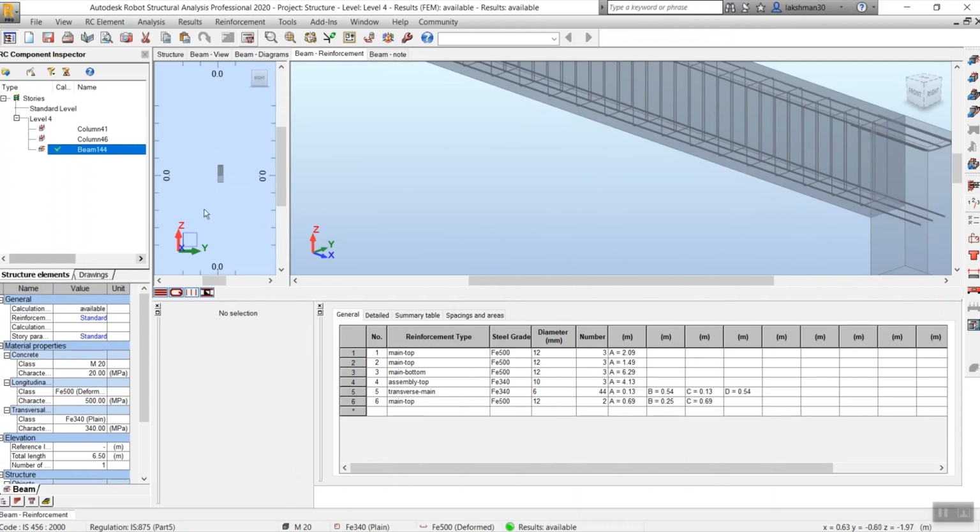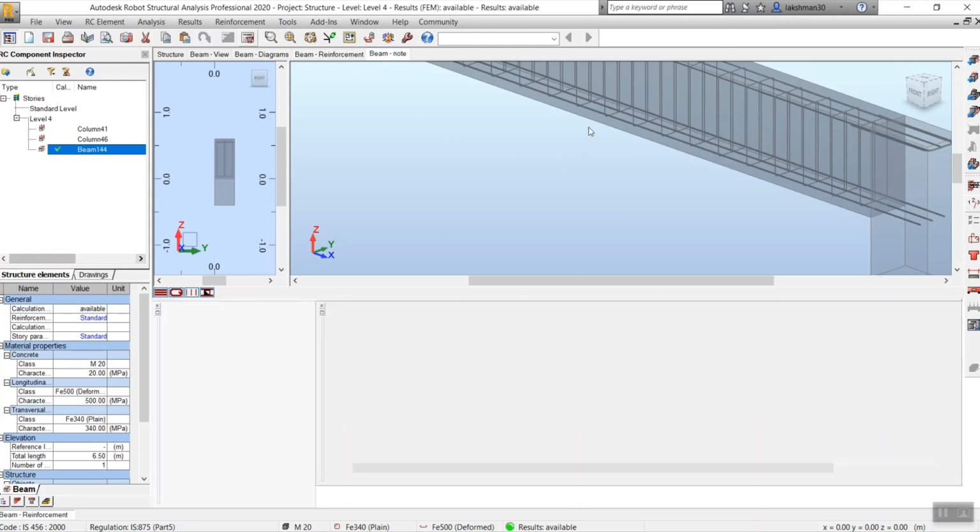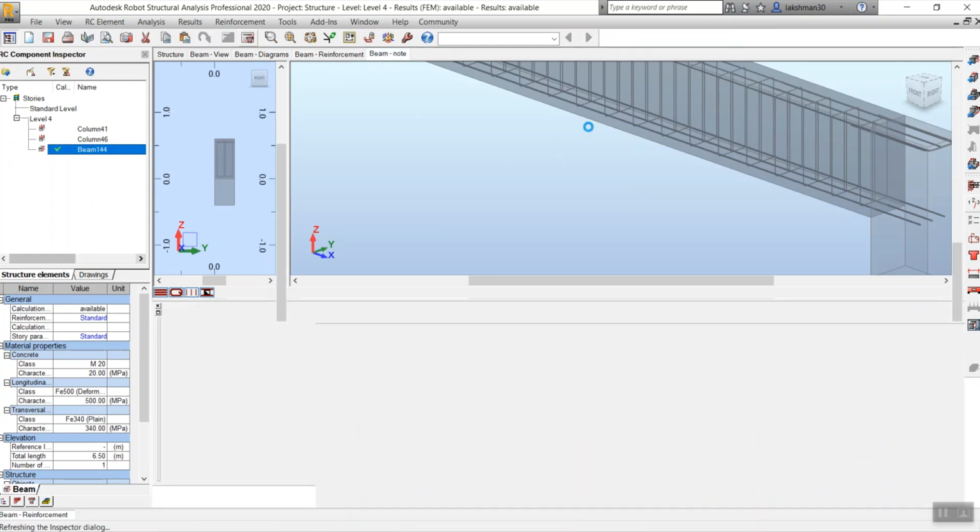We have got the cross sections also. Now we have got our beam results, right? We have got the reinforcements, so your designer will be getting the reinforcements now. In the usual workflow, these results are sent to the modeler.